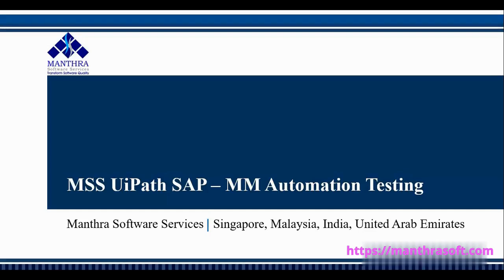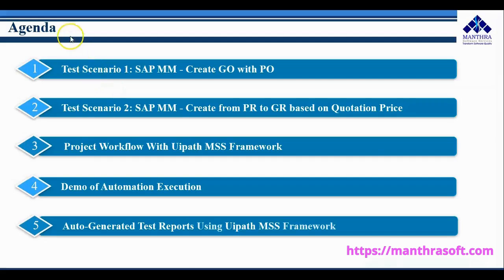In this video, we will see a demo of SAP Automation Testing using the UiPath MSS Framework. The following are the topics covered. 1. Test scenario first, SAP Materials Management, create goods receipt, GR, with purchase order, PO. 2. Test scenario second, SAP Materials Management, create from purchase request, PR, to goods receipt note, GRN, based on quotation